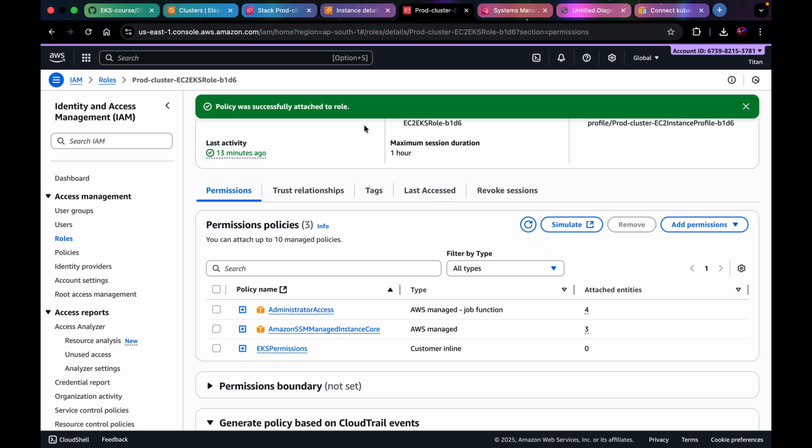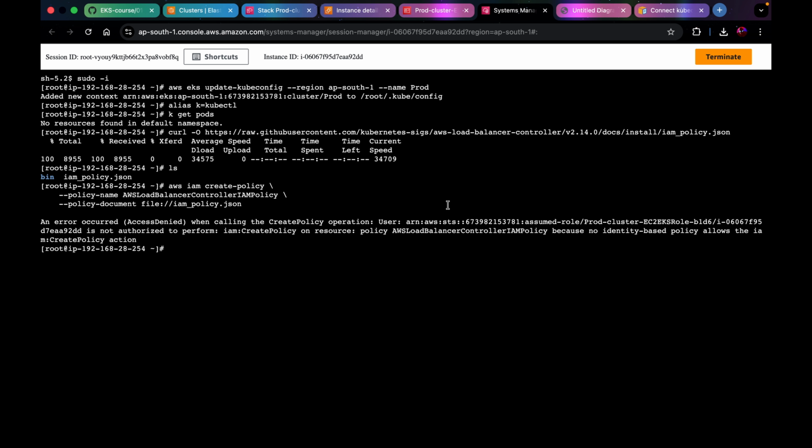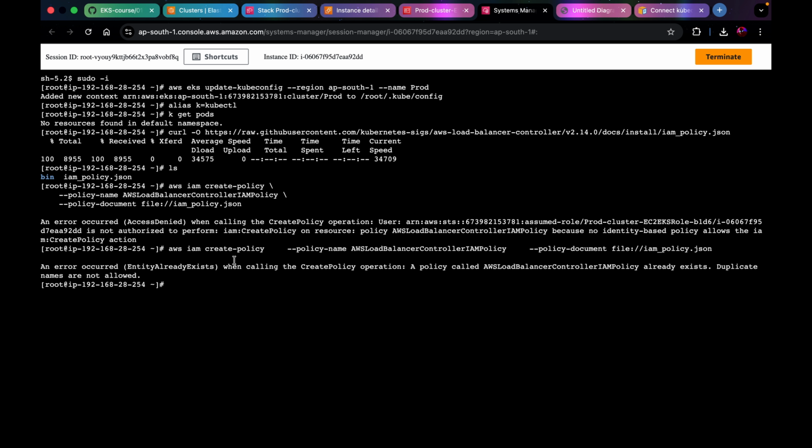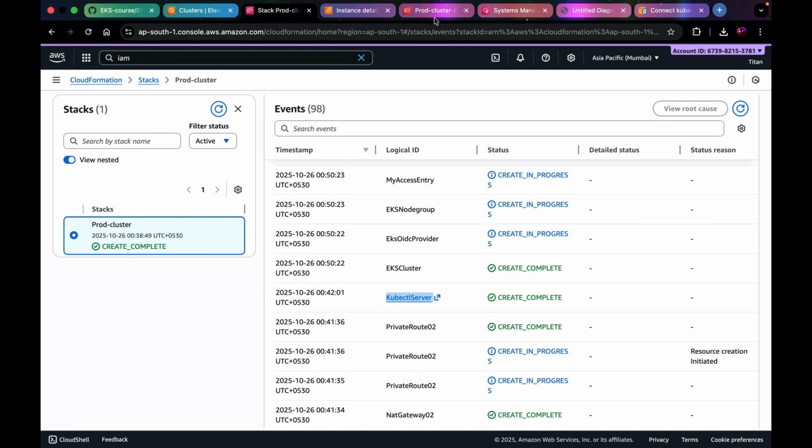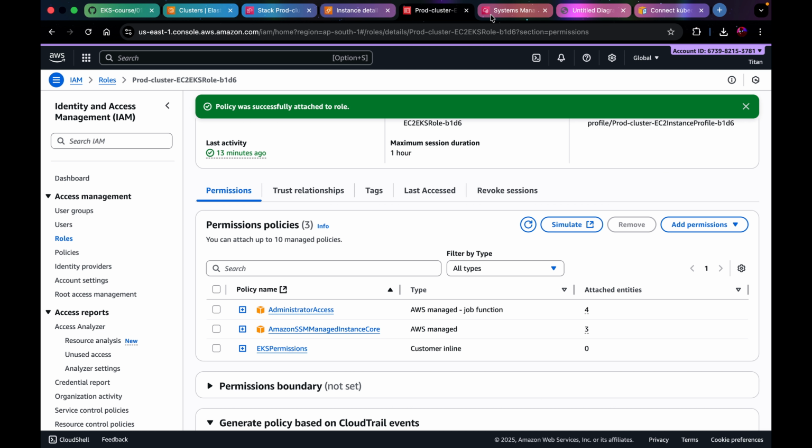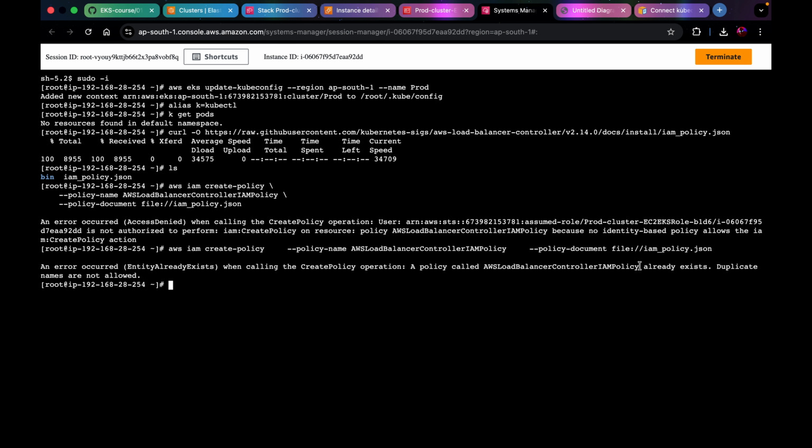So the permissions are added. Now I'll again run that command. It says a policy called AWS Load Balancer Controller IAM Policy already exists, and it's because I already created it. But for demonstration purposes, I'll just delete that and create it again. So I'll copy the policy name,